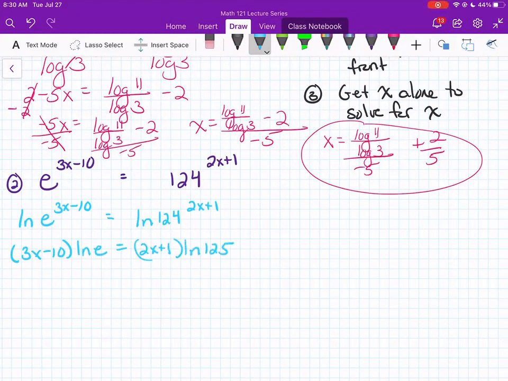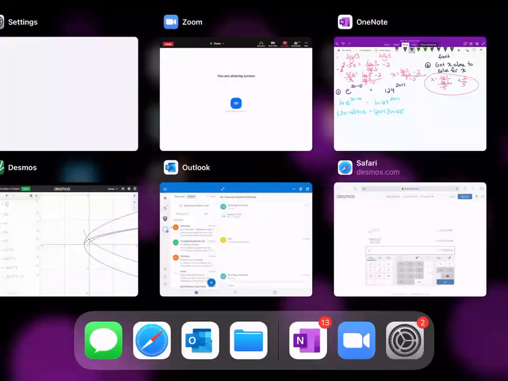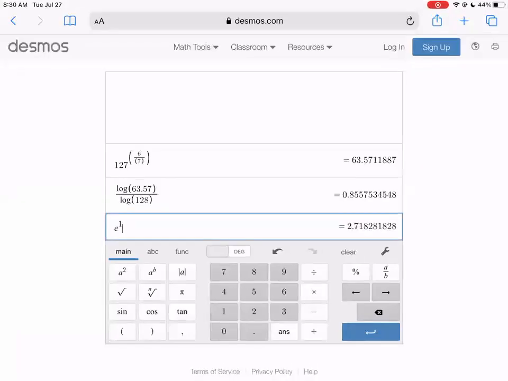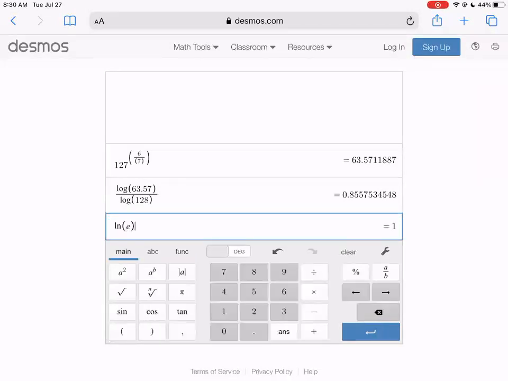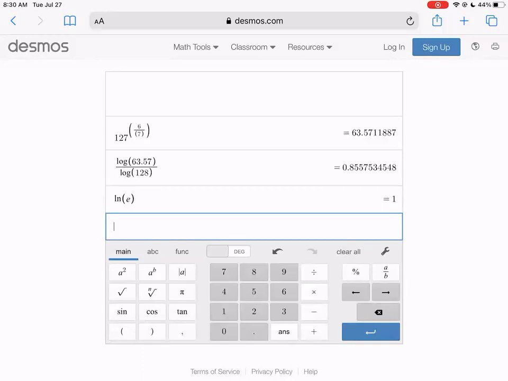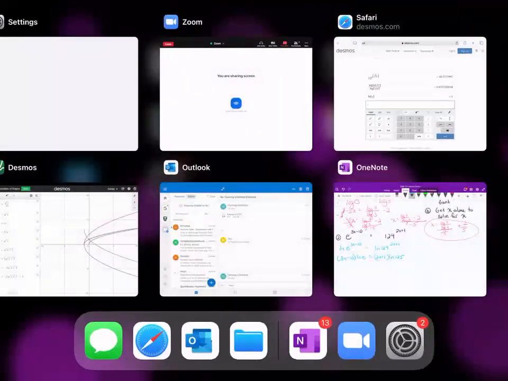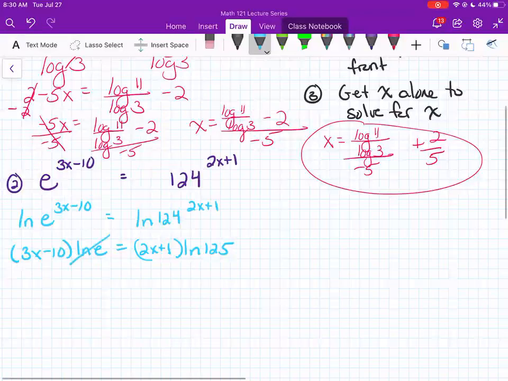The nice part about this one is if you calculate the ln of e, it is simply 1. So in a sense, this piece can just disappear,